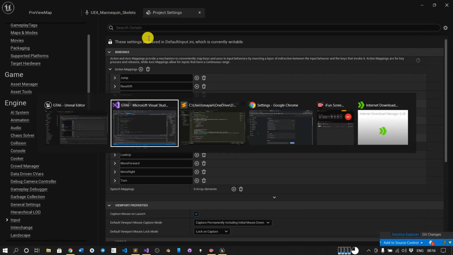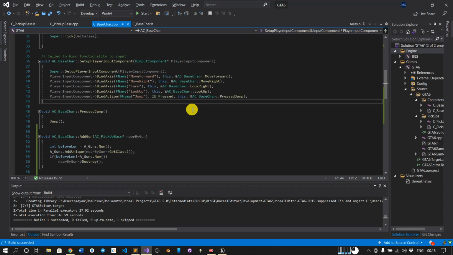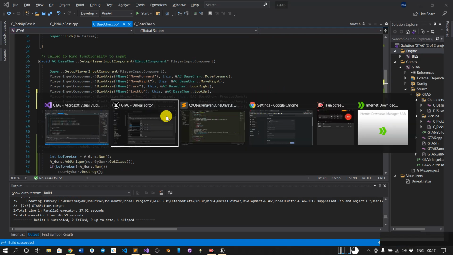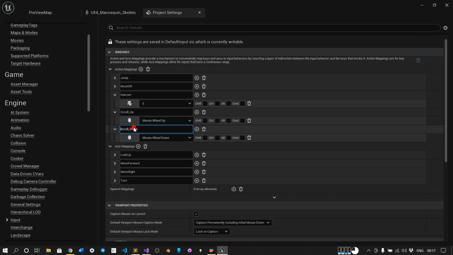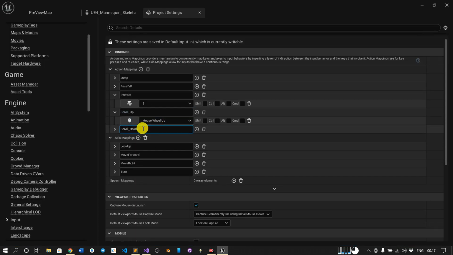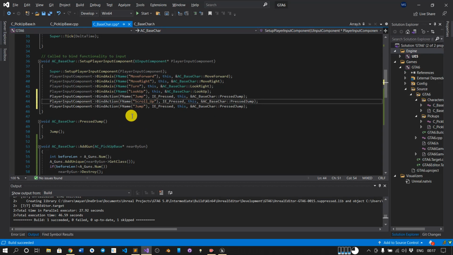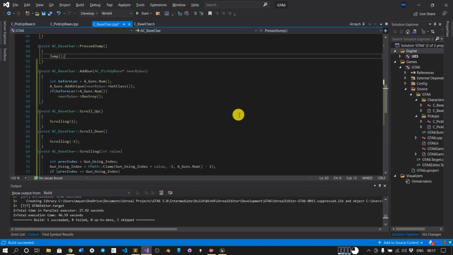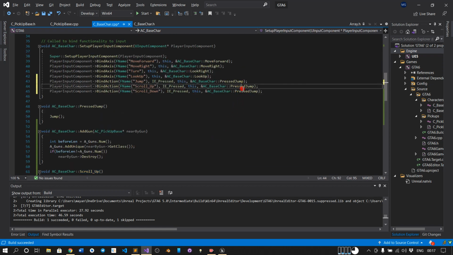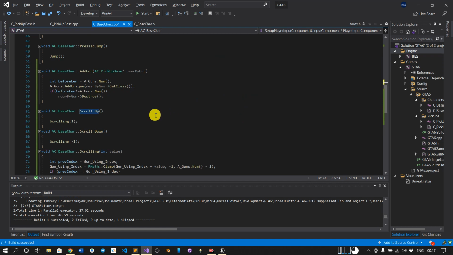So we have the action bindings, right? First name is scroll up. Next is scroll down. Next we have to call the function. So here it is scroll up, and here it is scroll down.